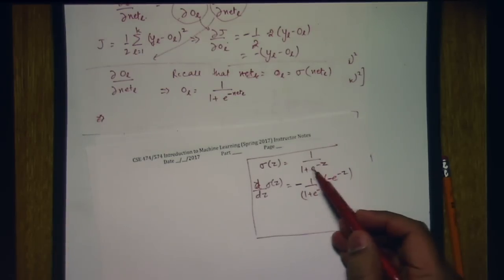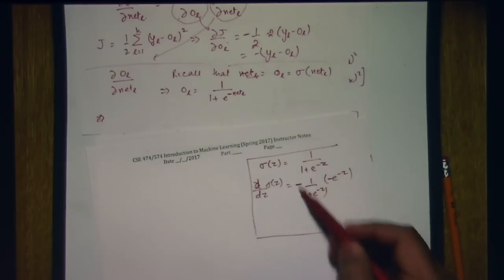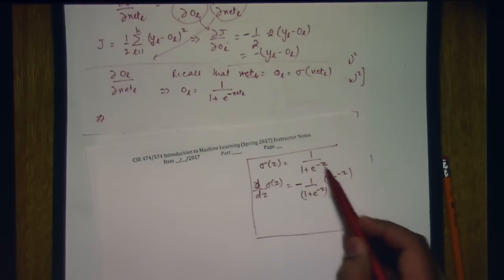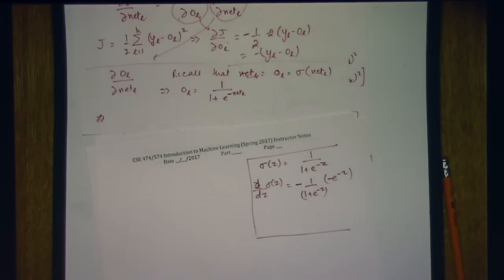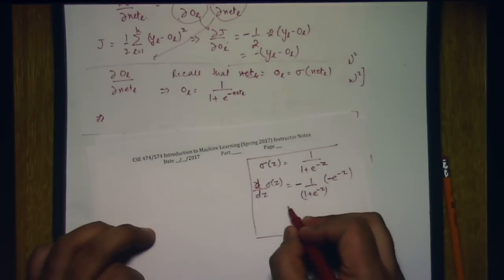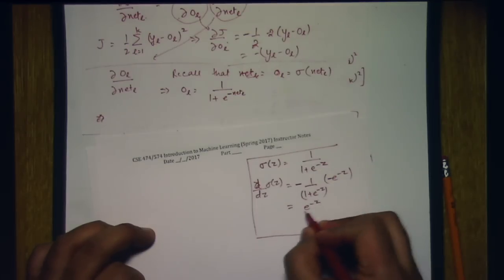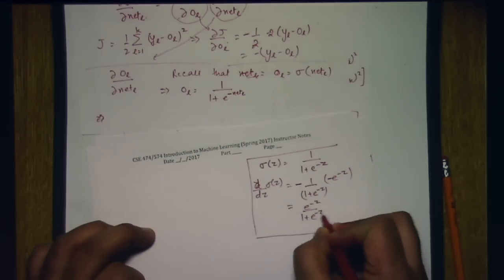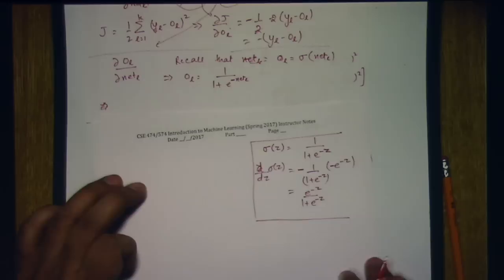Because you first differentiate with respect to this part, and then you differentiate this part, that will just be minus e power z, right? No questions here, I'm assuming. So this will be e power minus z over 1 plus e power minus z, right? Which can be written as